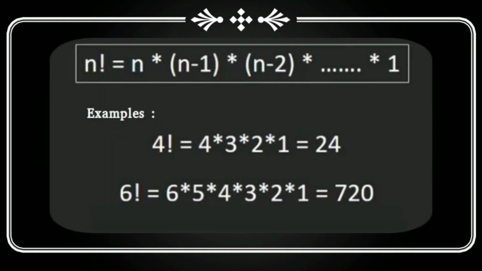So the next question arises, how to calculate factorial of a number. Consider a number n. So the basic formula is n into n minus 1 into n minus 2 till 1 comes. So for example, I want to calculate factorial of 4. So put these values into the formula. Value of n here is 4. So 4 into n minus 1 is 3, n minus 2 is 2 and n minus 3 is 1.